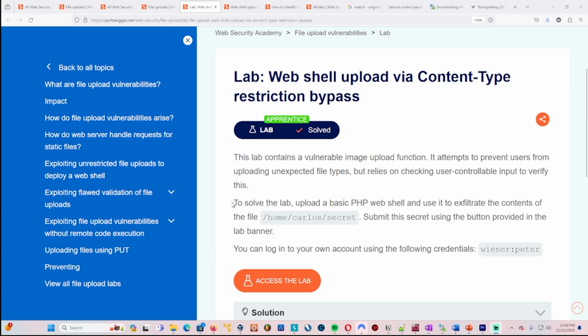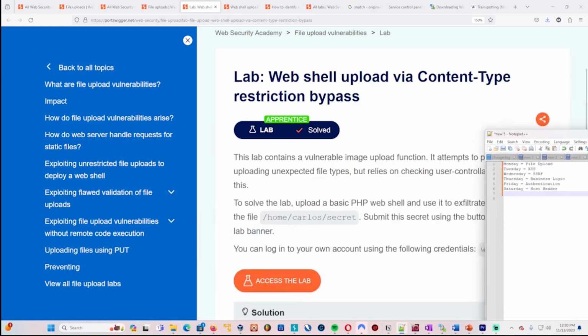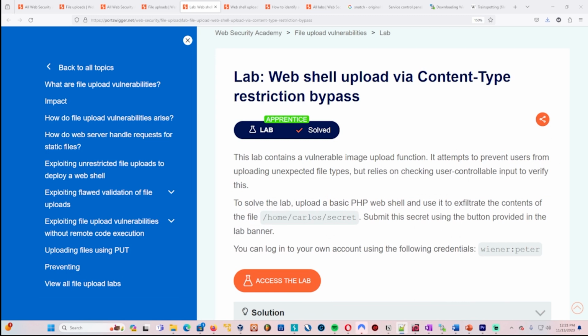So to solve the lab, we're going to upload a basic PHP web shell and use it to exfiltrate the contents of the file Home Carlos Secret. Submit this secret using the button provided in the lab banner. All right, cool. So first off, we're going to need to create a PHP file